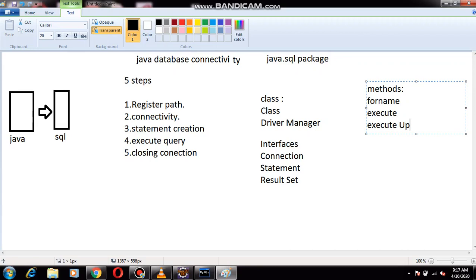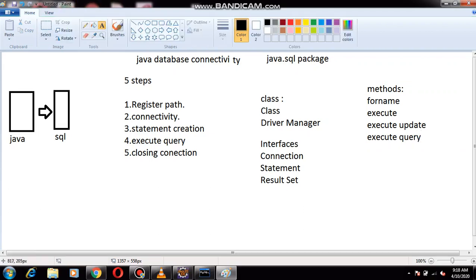Next, execute query. So these are all the classes, interfaces and methods we are using in the SQL package.